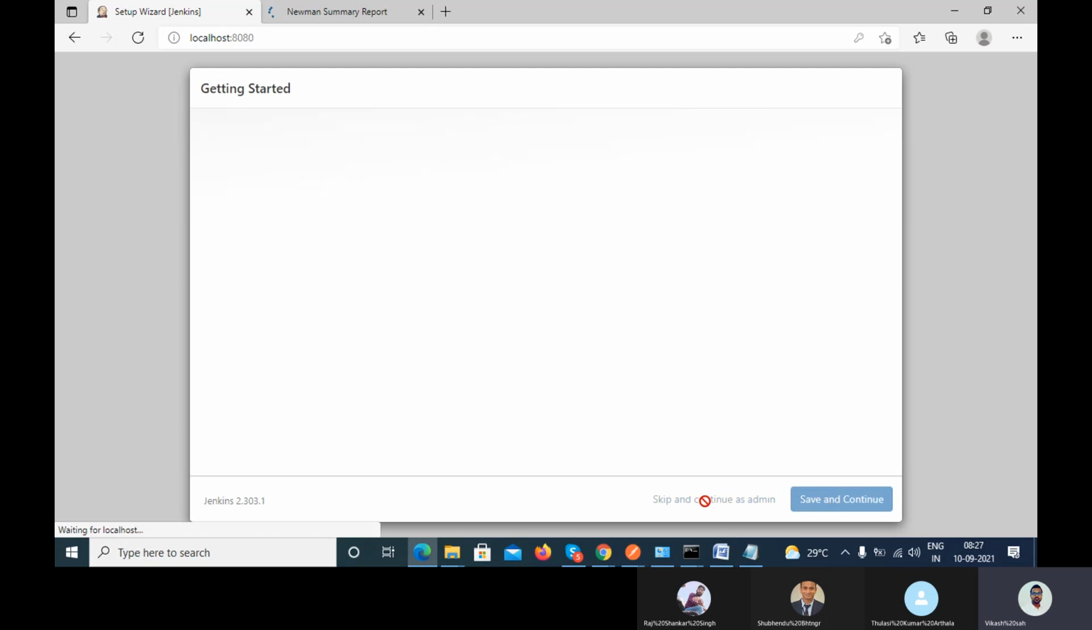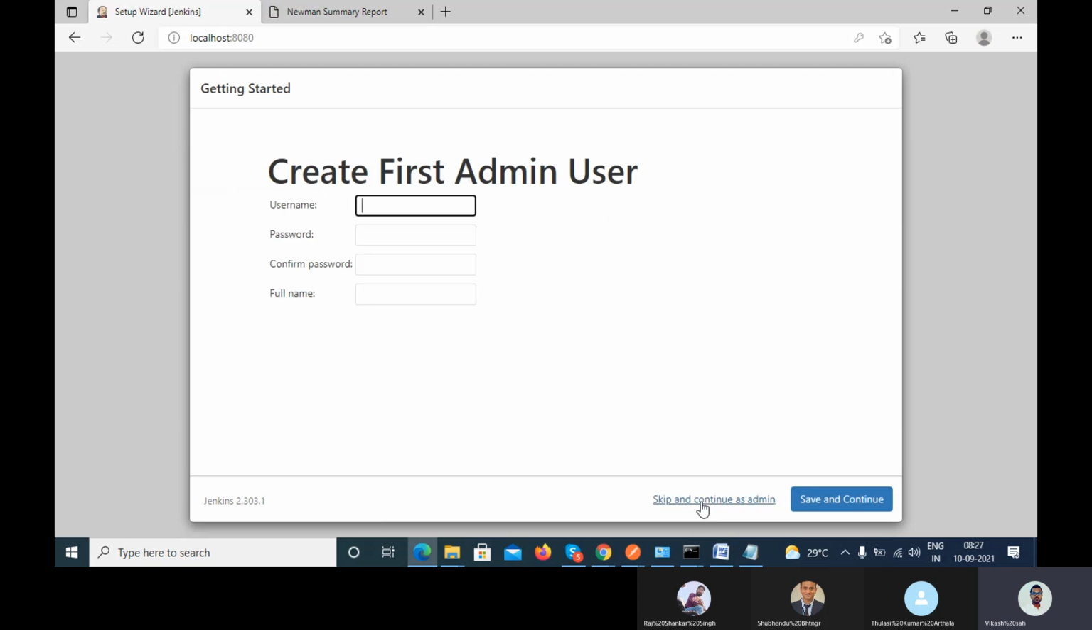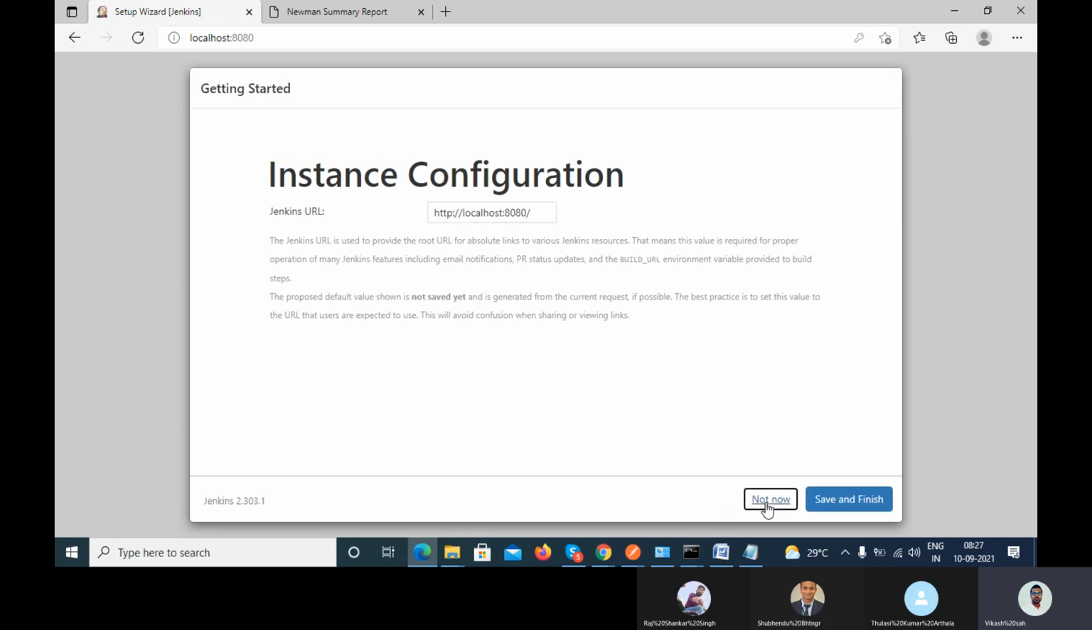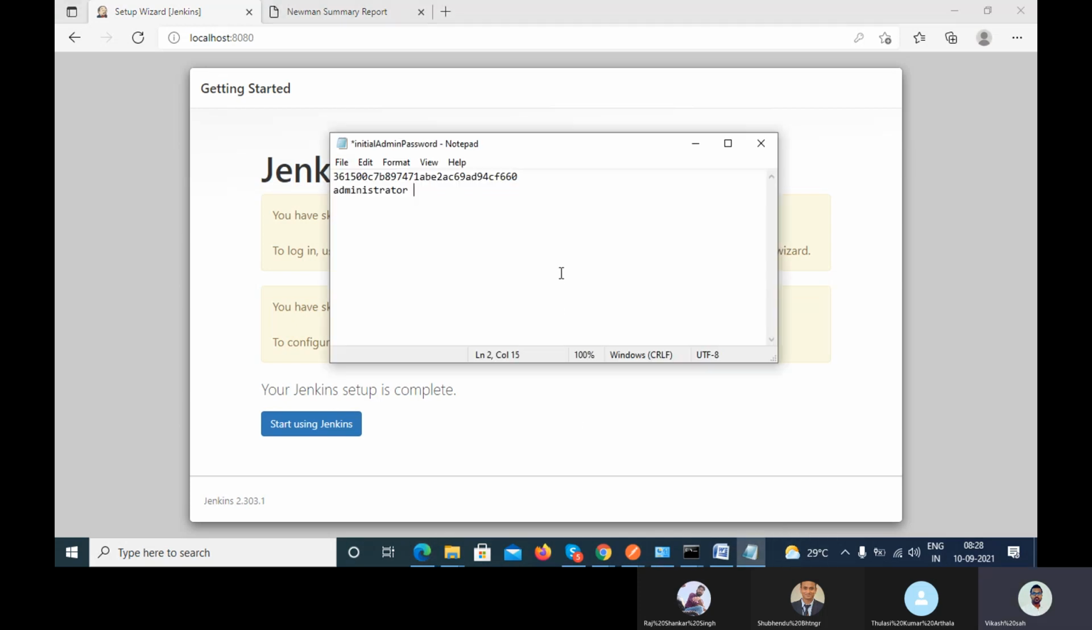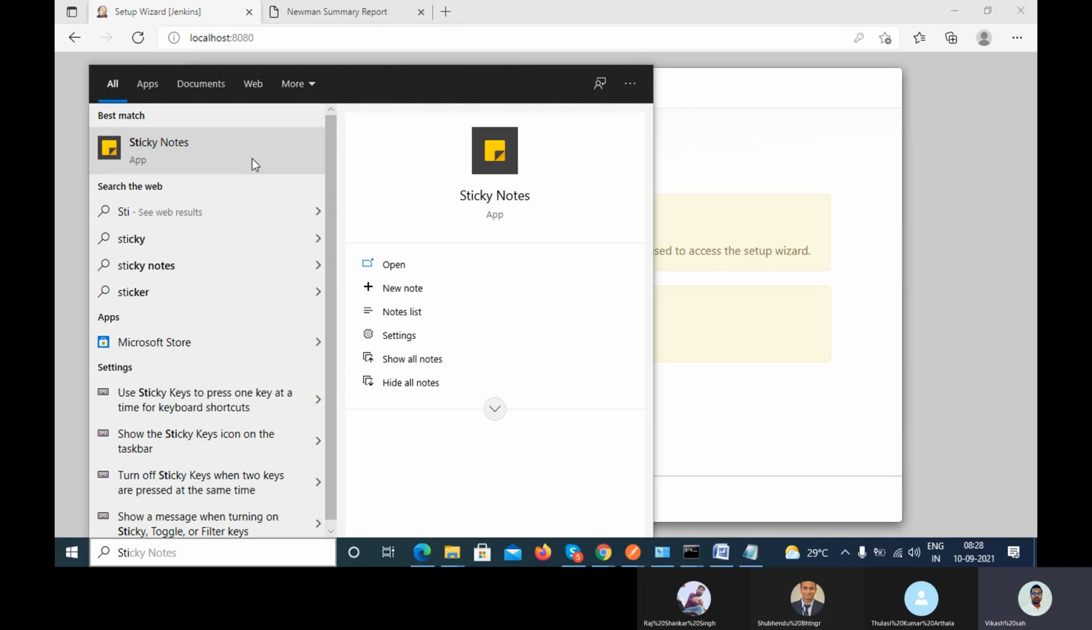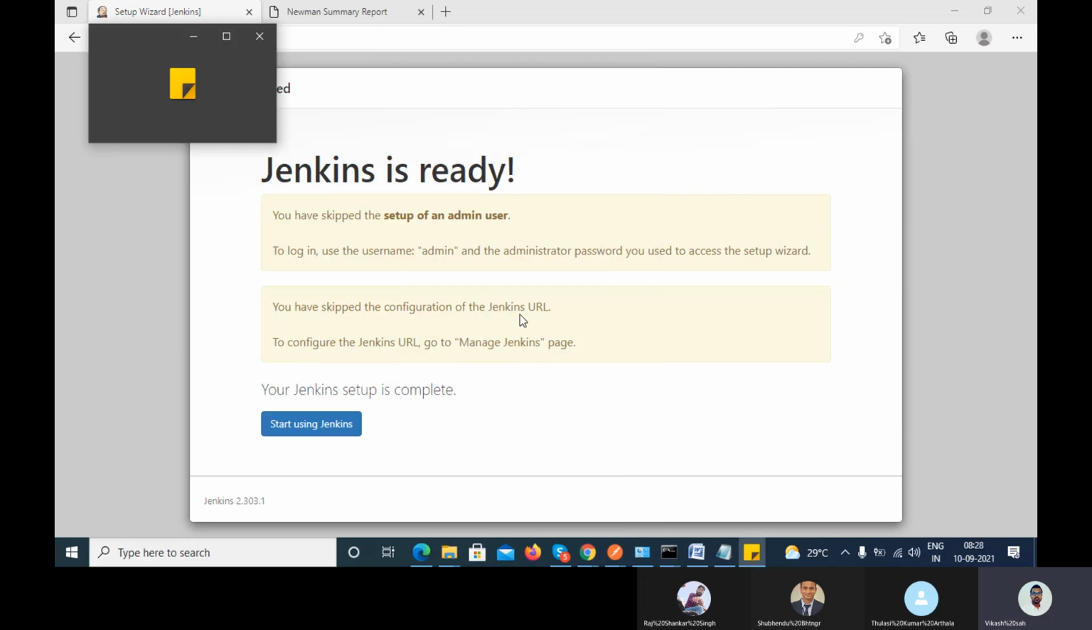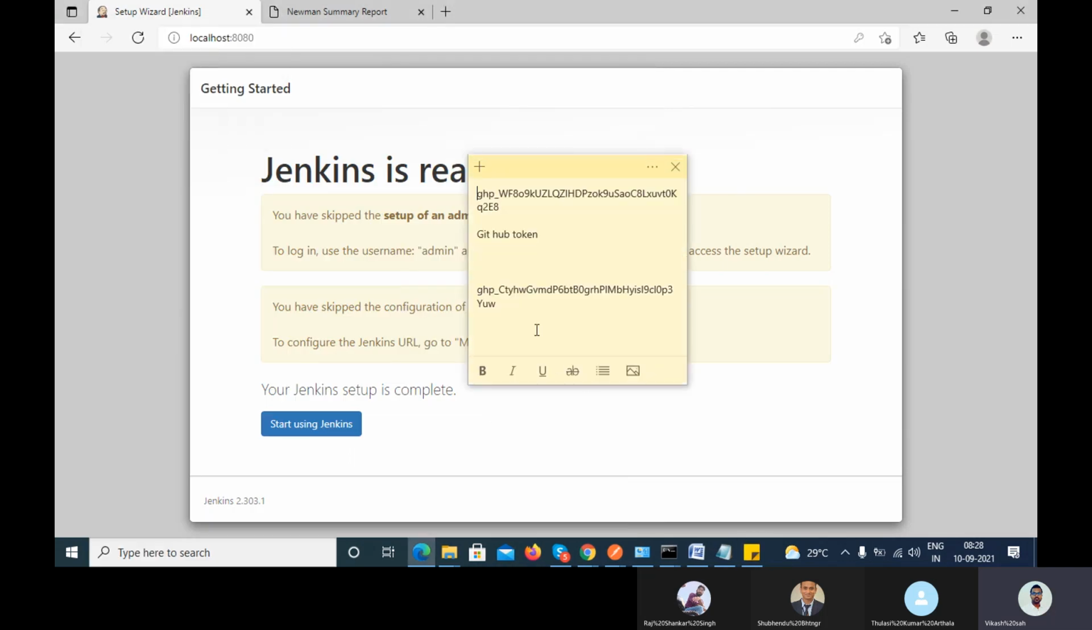give me a second. Keep make a password at administrator is the give me a second. So let me save this thing. I don't have to use this file. Give me so